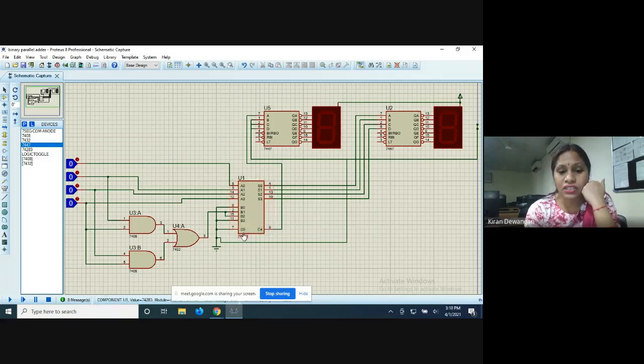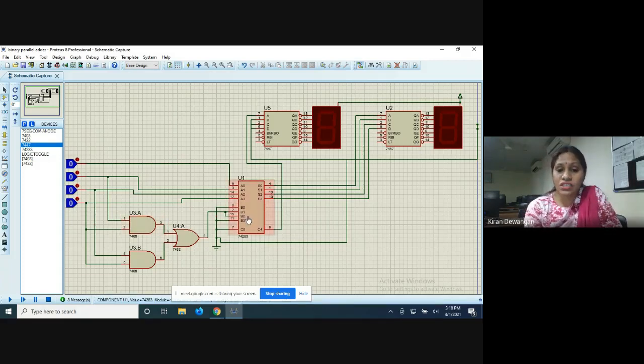And in fact I have taken this C0. C0 is the input carry. This is also grounded, so it will also be 0. So what is high is just 0110. The middle bits, B2 and B1, are high, and B3 and B0 are low. So that is how we can add 6 to the input combination if the input combination is above 9, that is after 1001. If it is 1010, 1011, 1100, for all these combinations 6 will be added.